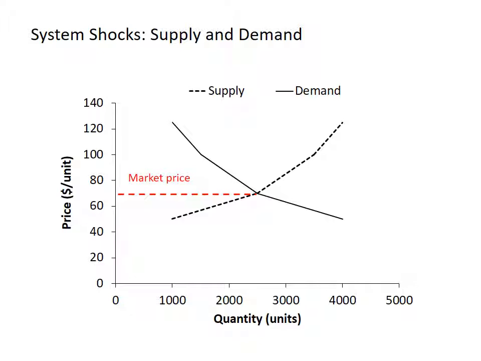And if you haven't had microecon, this is going to seem a little strange, but if you have, this should look really familiar. Market prices for any sort of good, and in this case we're talking about electricity, are set by the intersection of the demand curve and the supply curve. The shape of the demand and supply curves are driven by preference, really. So we all have a preference about what price we would be willing to pay for something, and then on the supply side,